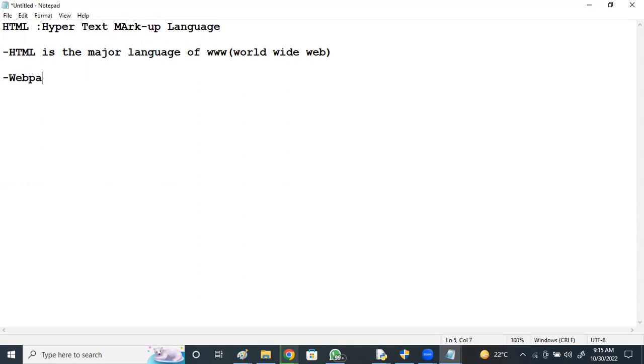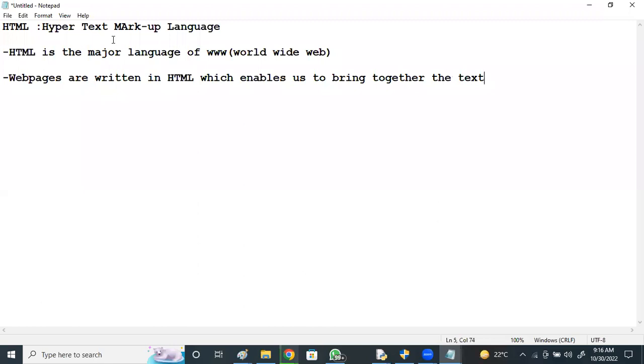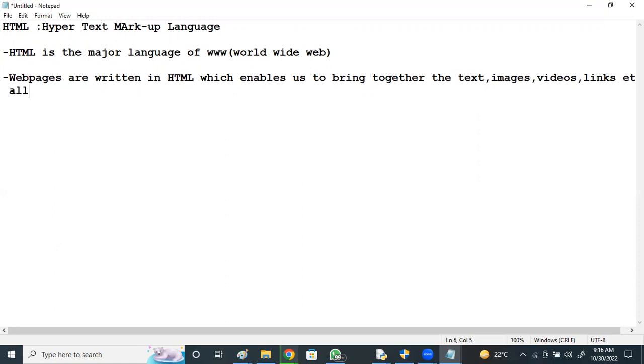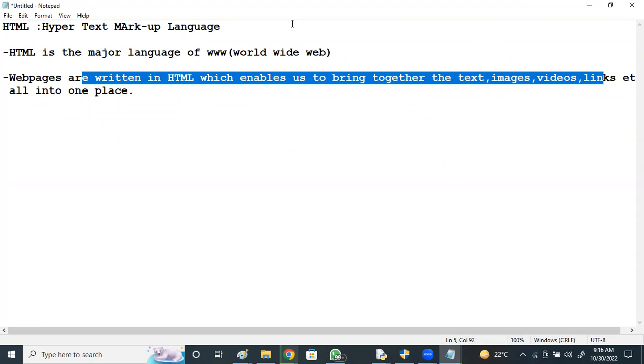Before that, web pages are written in HTML, which enables us to bring together the text, images, videos, links, etc., all into one place.